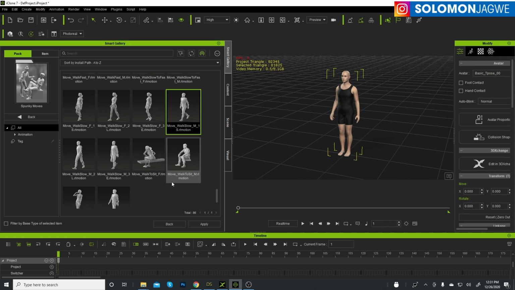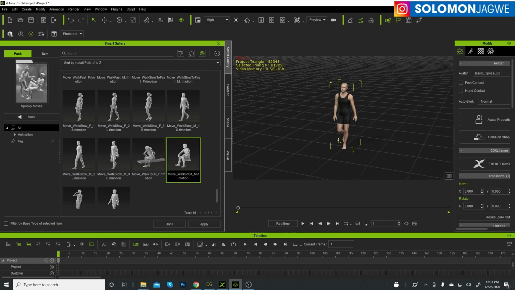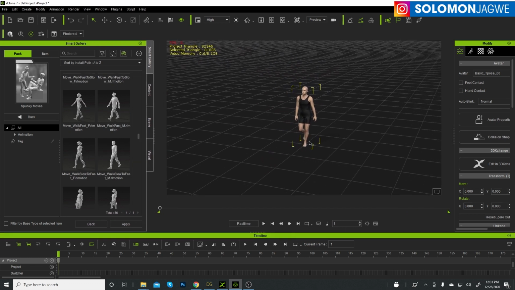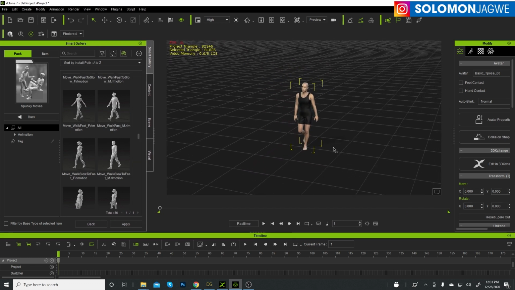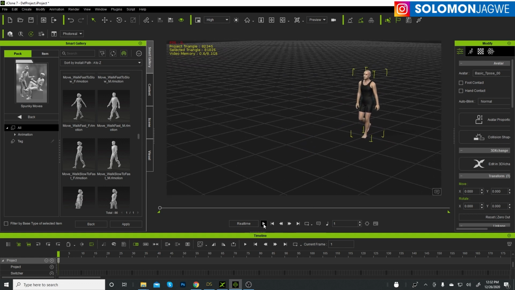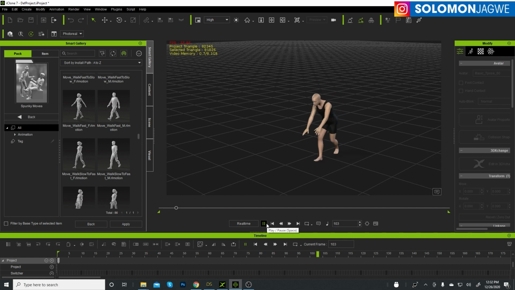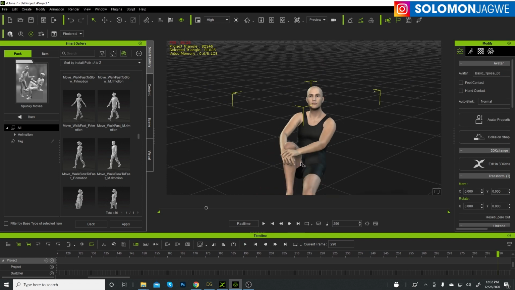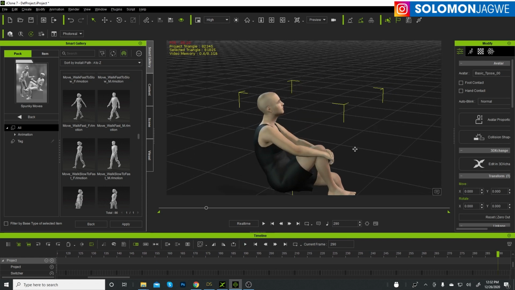And actually, I can go down here and with walk to sit, move walk to sit. This is the one that we're looking at. And if we play it back, let me collapse this a little bit. Let's move it over here so we got some good distance. Press play. It's walking, jump, sit. There you go. So that's another quick way for us to preview the animation and see how all the data